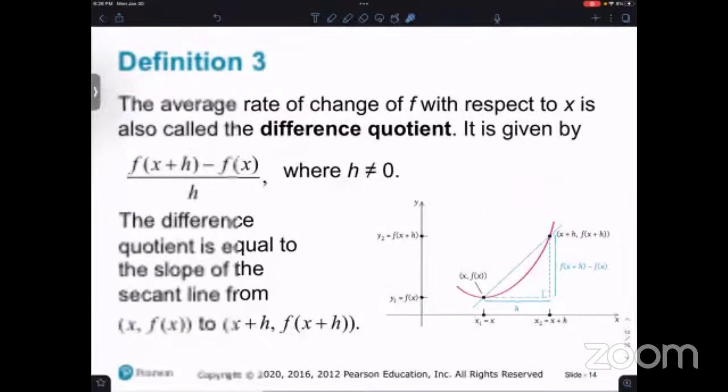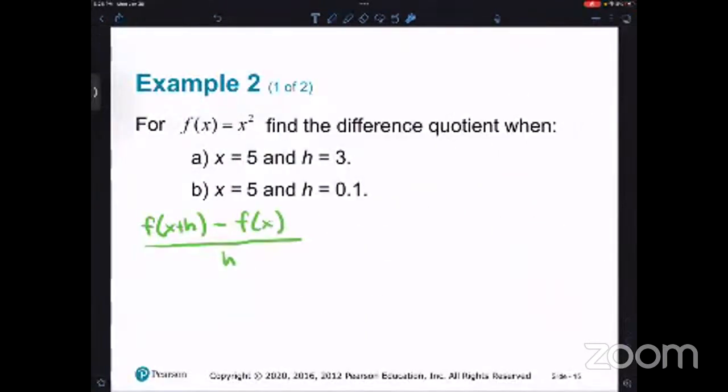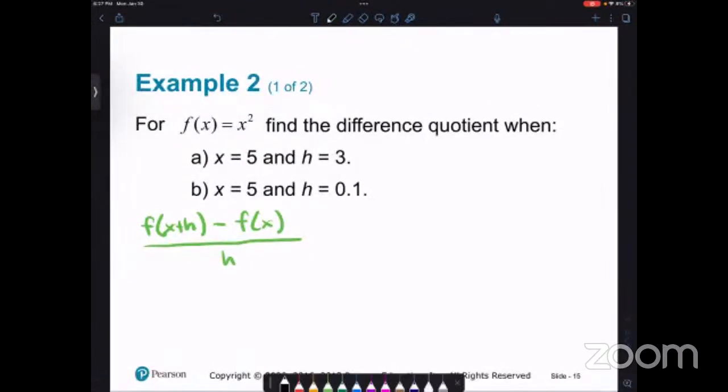So now the recommendation is to find each component, okay? We have f of x is x squared. Let's go ahead and find f of x plus h, right? So for f of x plus h, I don't really want you to make this more challenging. It is challenging, I'm not going to lie, but don't overcomplicate it.